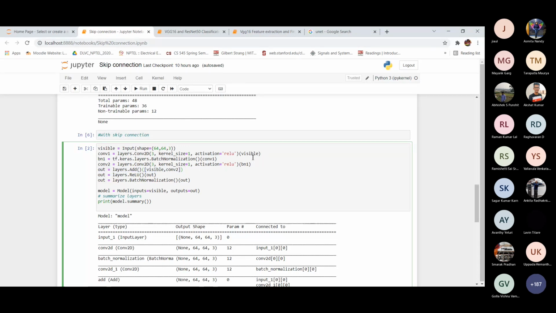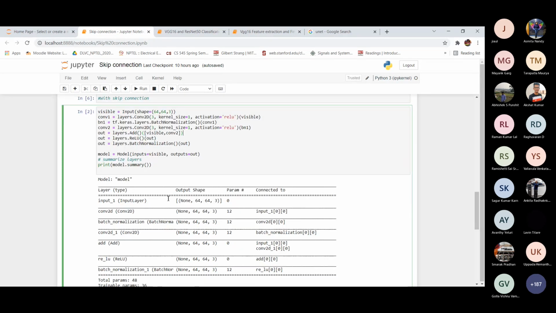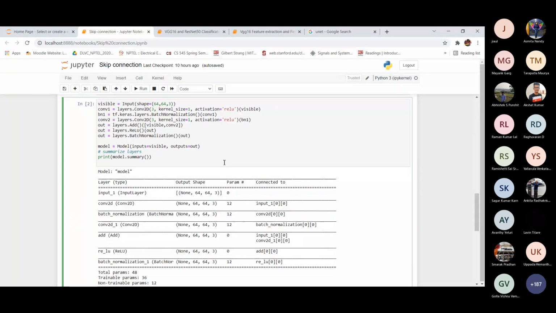Here we have added this layer, and then print the model. The benefit of adding this is that it is not increasing our parameters. The parameter count is 0.